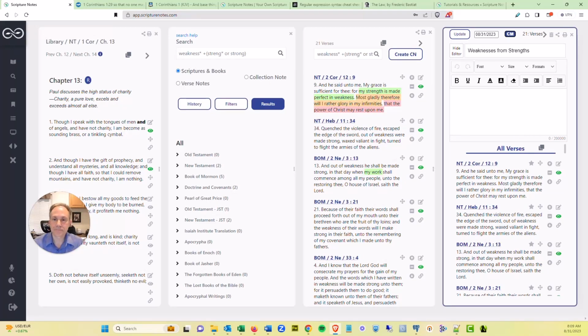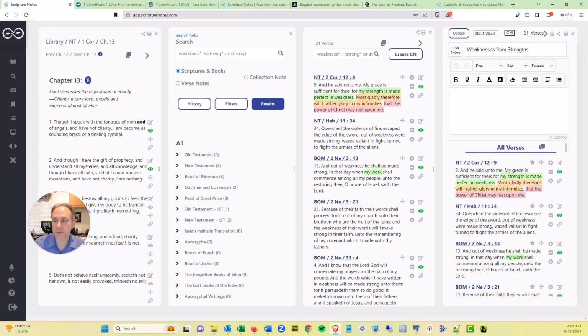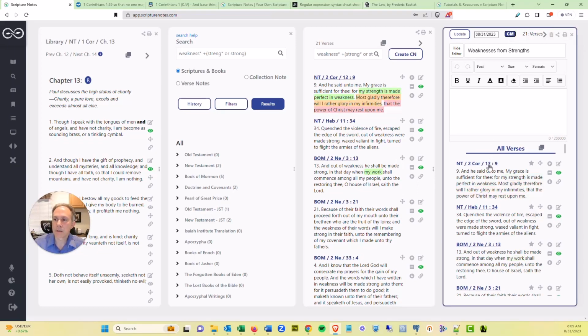So this is just a really useful feature for yourself as well, because sometimes you've marked up your verses and you don't want to destroy your markup, but for a certain study topic, you kind of want a fresh set of scriptures. And so turning this on to toggle that for this collection note, now I could come through here and say, strength is made perfect in weakness. I want to color that. And come down here, out of weakness, they were made strong. I'll color that. And so I can create a custom set of markup for those verses, which is super powerful.